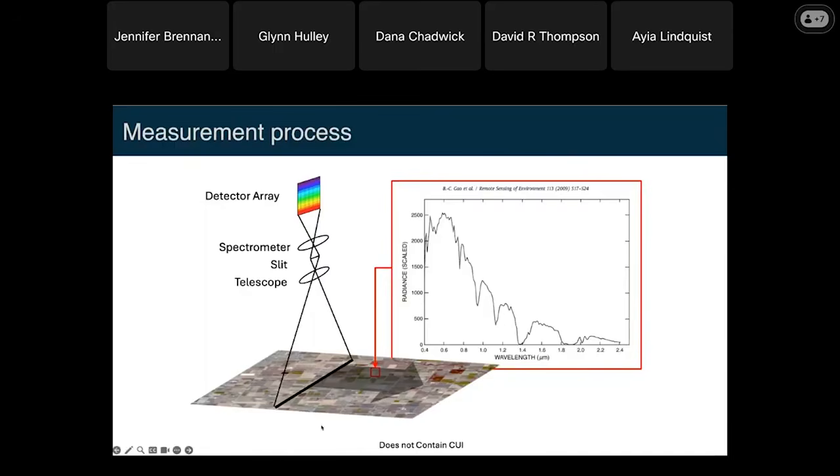So in a push broom configuration, like most modern VSWIR imaging spectrometers, you have a linear field of view on the ground. And the light from this linear field of view enters a telescope, is imaged onto a slit, and then dispersed by some dispersive element in a spectrometer and cast onto this two-dimensional detector array. So we have one spatial dimension, and then the rainbow represents the spectral dimension. So we sort all of those photons by wavelength and turn that into linear distance along that focal plane array,